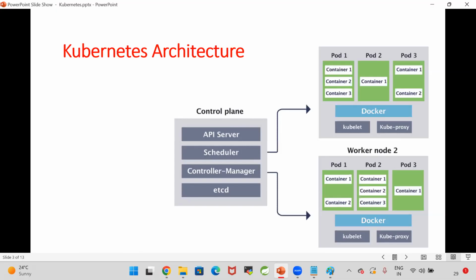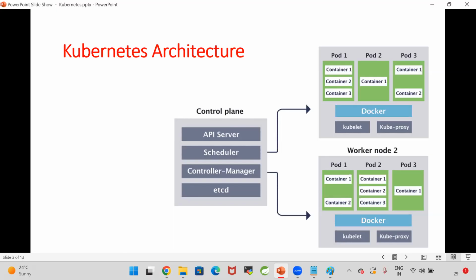The scheduler will tell the controller manager, hey controller manager, go and create this pod in the first worker node. Then the controller manager will give the request to the worker node to create the container. So like this, whenever you send any requirement to deploy your Docker container to Kubernetes, the control plane is going to handle that request. The control plane will assign the request to the worker node. Your container will be created in the worker node.